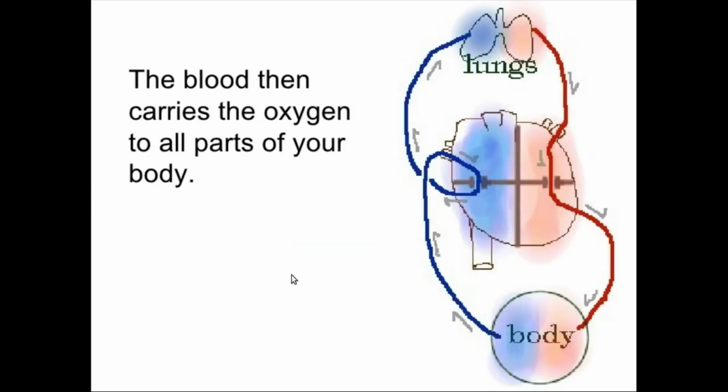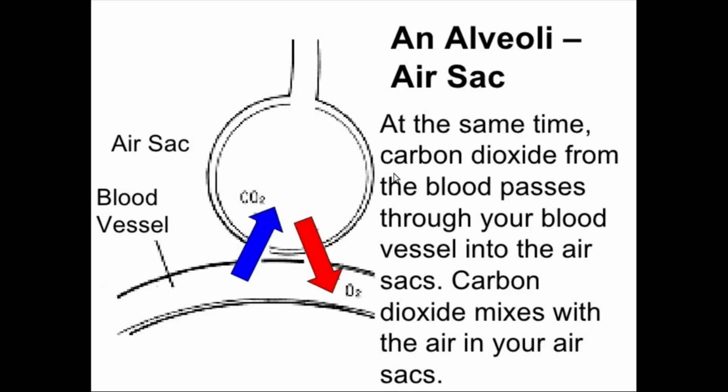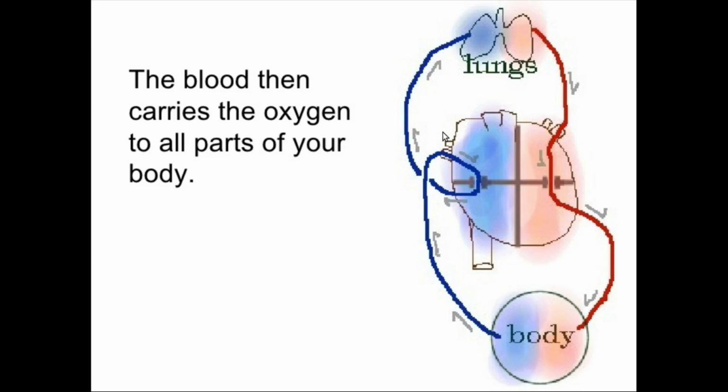Here you can see in this diagram, blood vessels from the lungs carry oxygen-rich blood towards the heart. The heart is a pumping organ present in our body. In the next topic we will be discussing the structure and function of the heart. Then again the heart pumps oxygenated blood to different parts of our body.